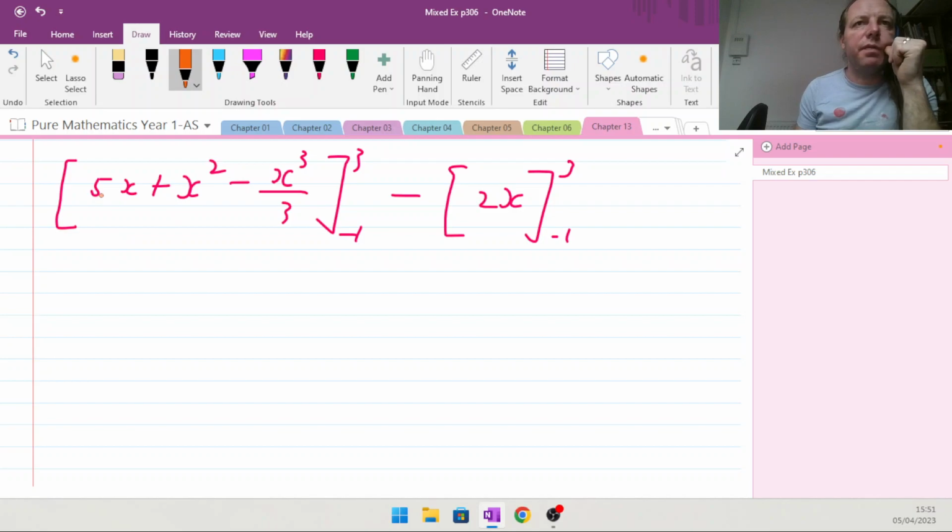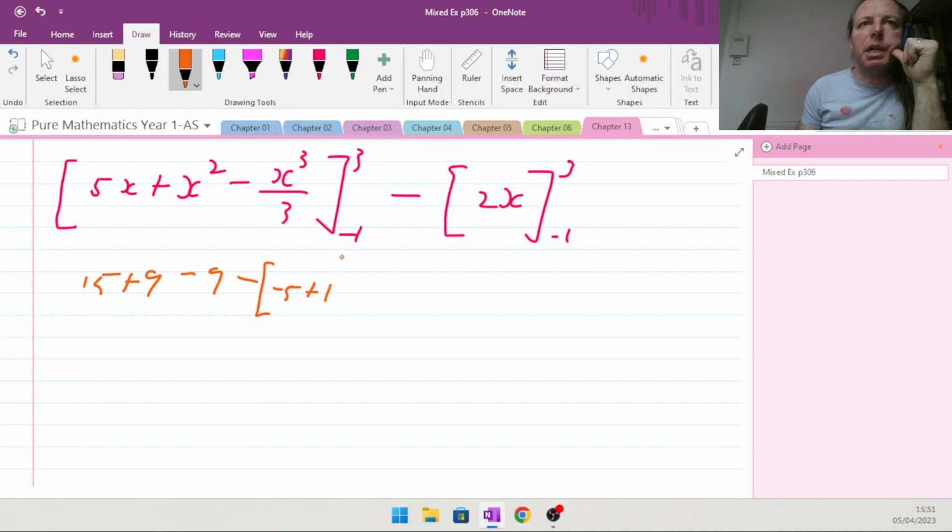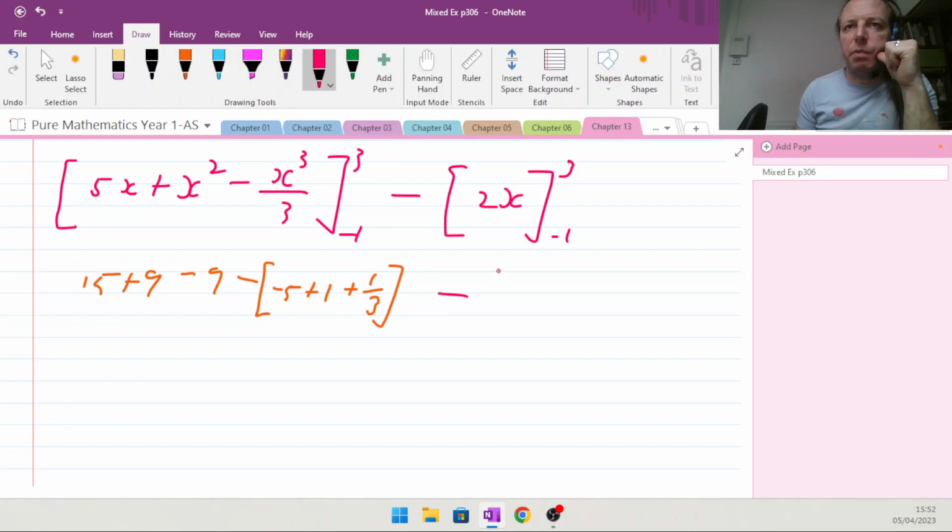3 times 5 is 15, so 15 plus 9 minus 27, 3 times 3, divided by 3 is 9, okay, and that's going to be taken away, minus 1 to that, so that's minus 5 plus 1, minus makes a plus, minus 1, but it's minus, so it's plus a third, alright, and we are going to be taking away